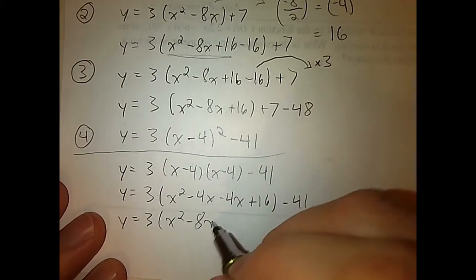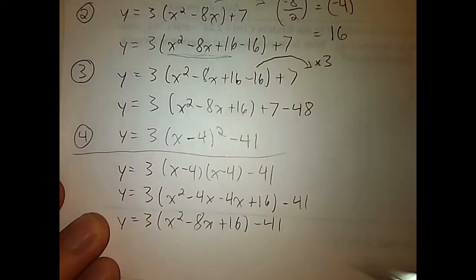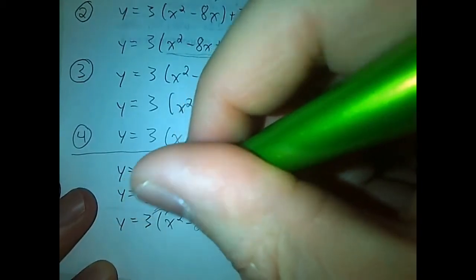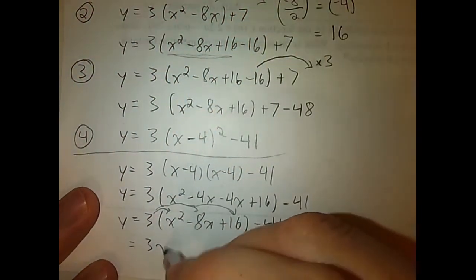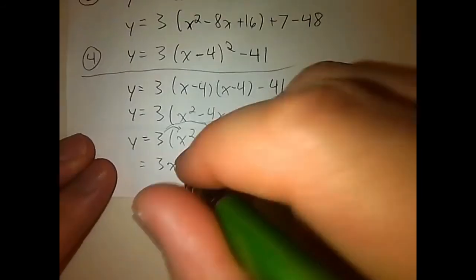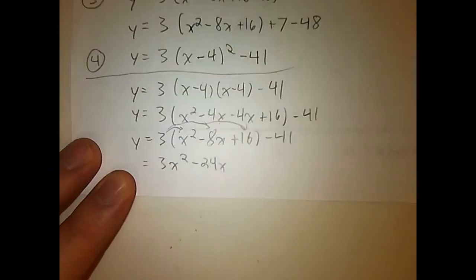Collecting like terms, I get this. Now I'm going to use distributive property here to multiply this into all of them. I get 3x squared. Oh, I gotta move this up. There's so much math, I'm running out of space. 3 times 16